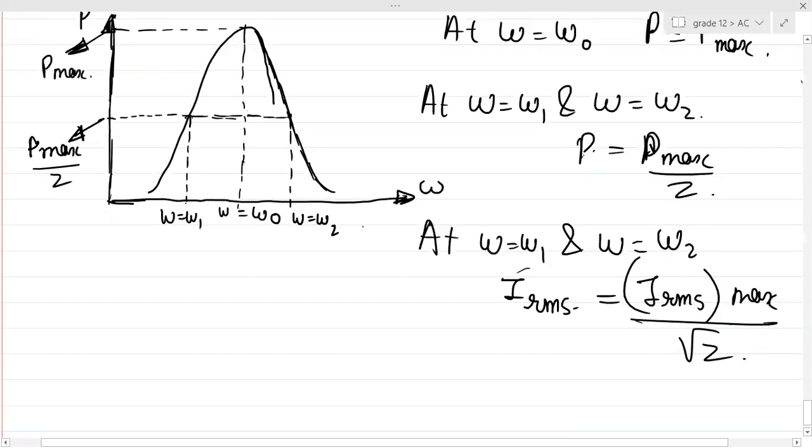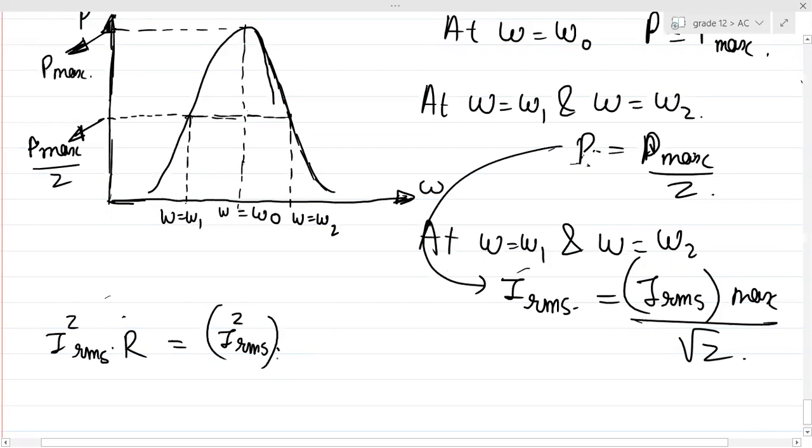Because see over here, just write from here to here. I RMS squared into R, is this the power at this point? Will it be equal to P max by 2? So can I write I RMS squared R equals